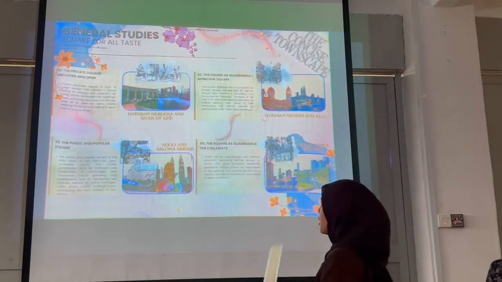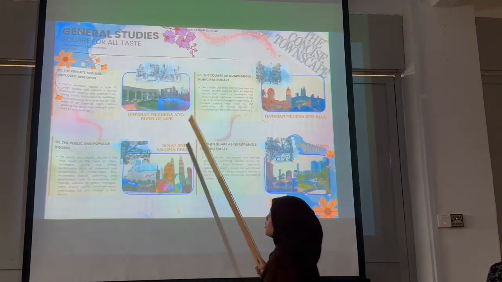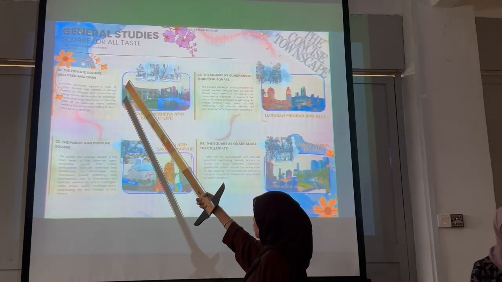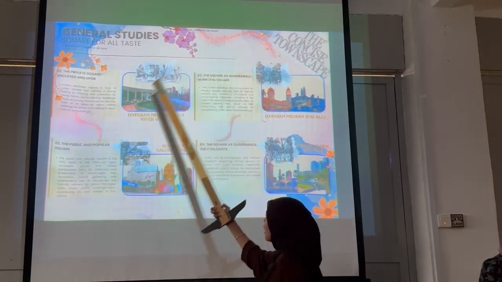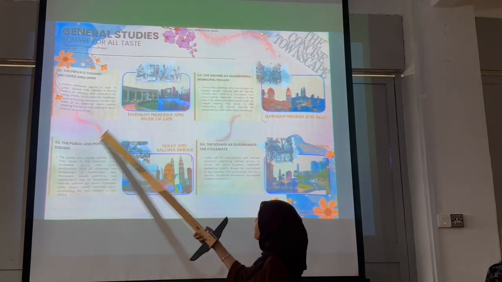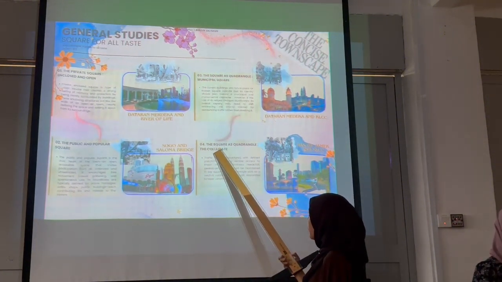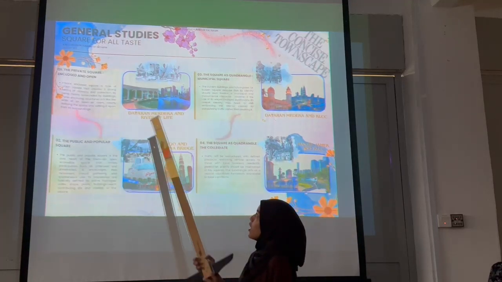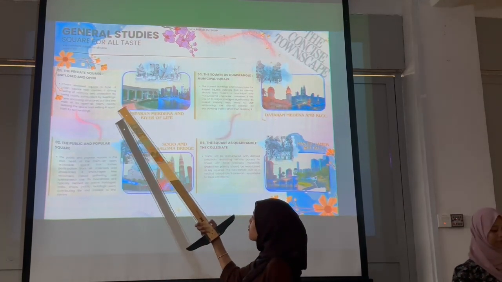Okay, the first one, for general study, we have a square for all things. So we have 4 squares for this. We have the private square, enclosed and open, the public and popular square, the square as quadrangle, municipal square, and the last one is the square as quadrangle, the collegiate. So we go to the first one. The first one, the private enclosed square, is a type of urban square that creates a strong feeling of intimacy